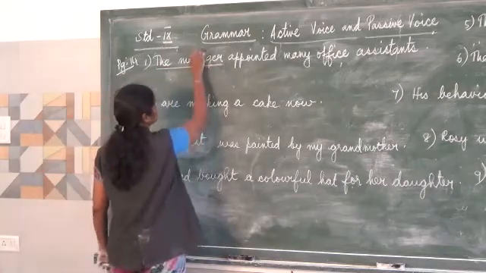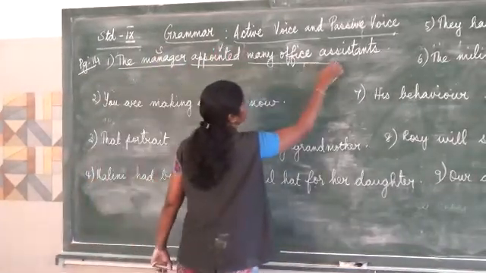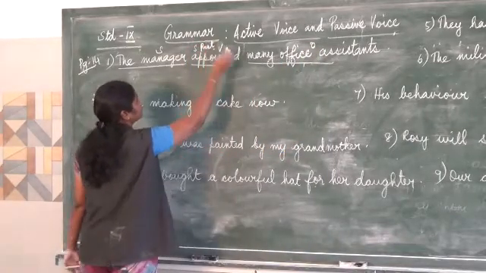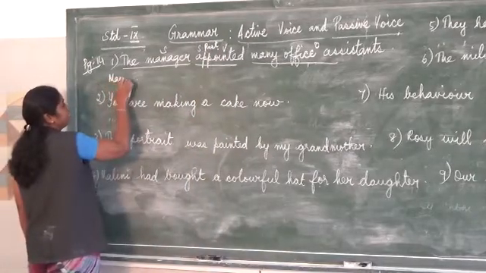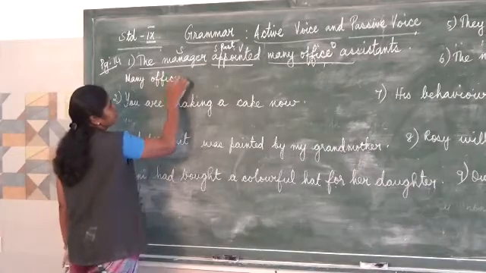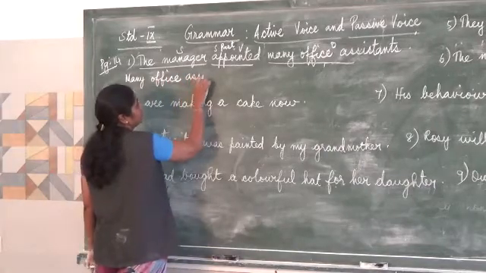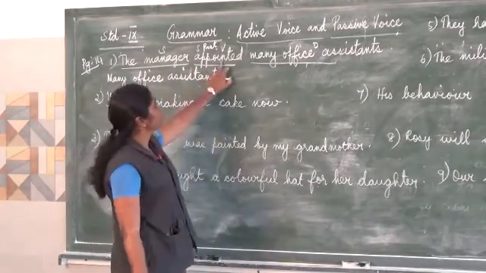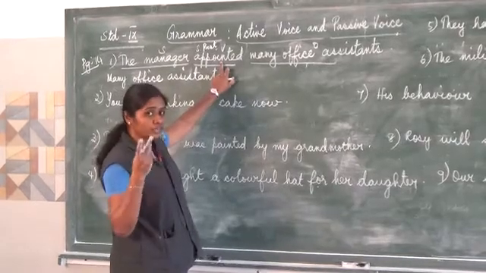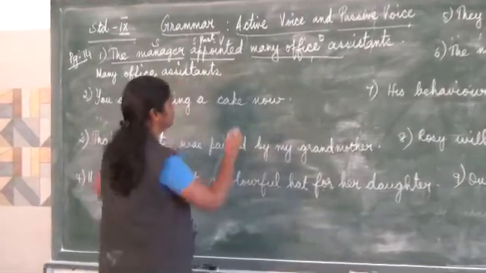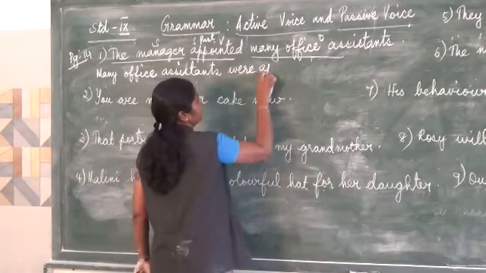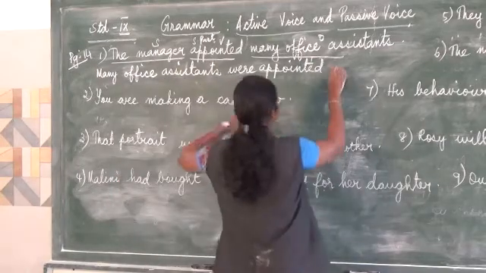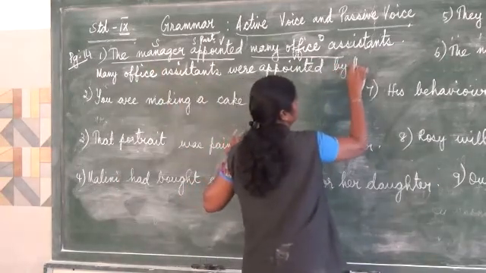See, in the sentence, identify the subject, verb and object. Now this verb is simple past tense. So now bring many office assistants. Now this appointed, in past tense two are possible, was appointed and were appointed. Now assistants is plural, so you have to write were appointed. Were appointed, then the subject, by the